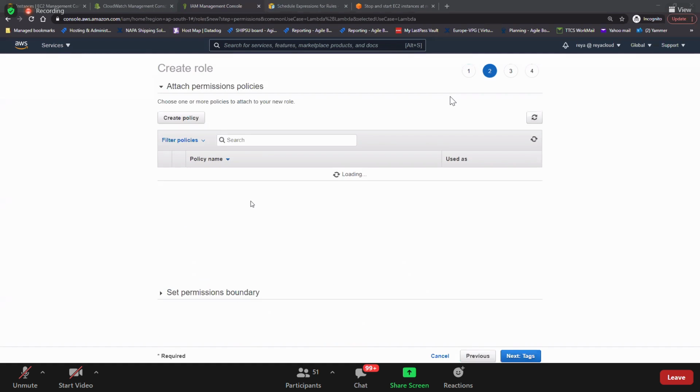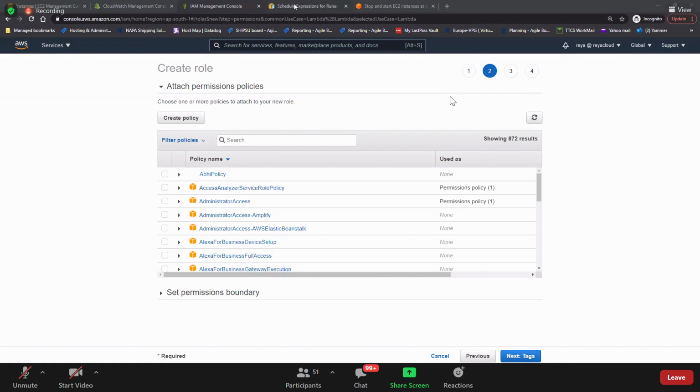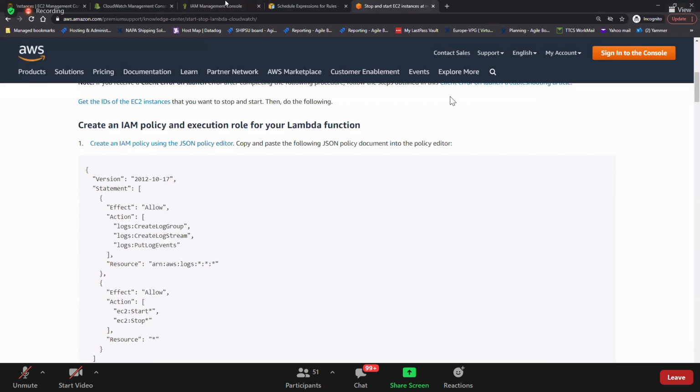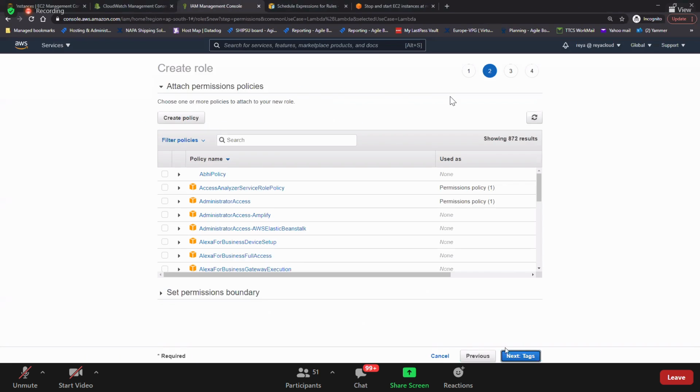You need to select the policy now here, the policy which you have created just now. I told you to copy paste this and create a policy. And you attach that policy here. And then next, finish it. The role will be created. Clear now? Clear now how to create a role? Okay. Is it clear? No confusion? Nice.